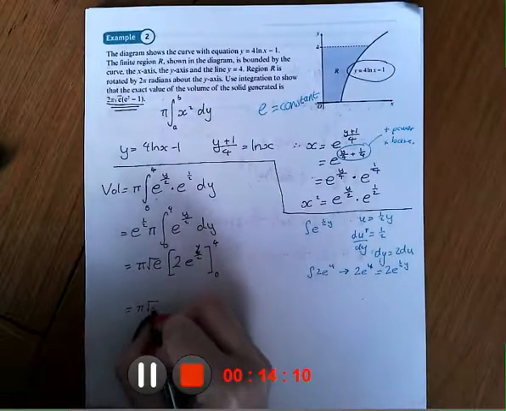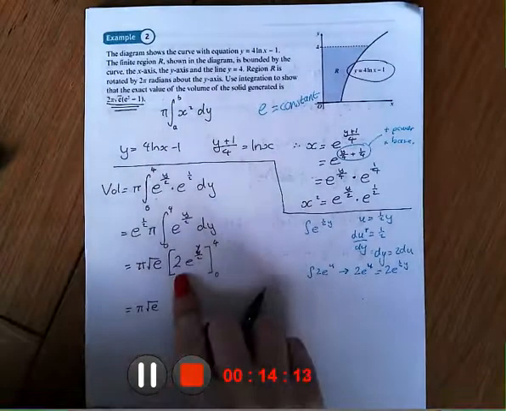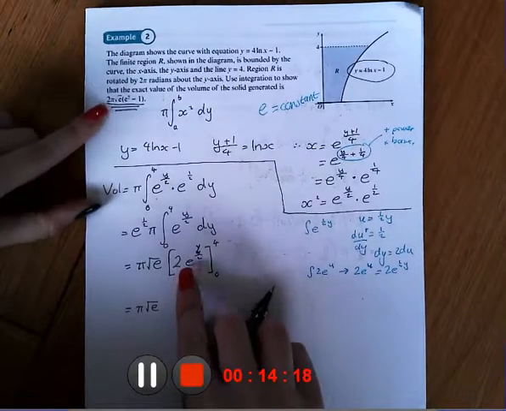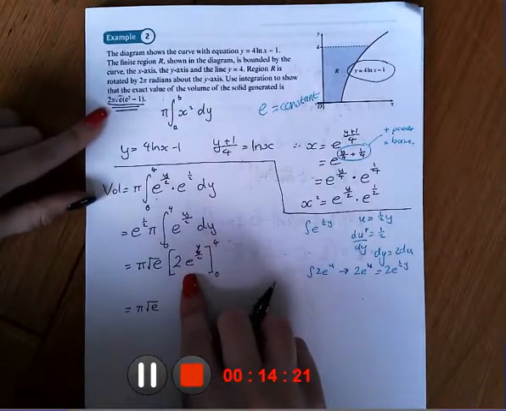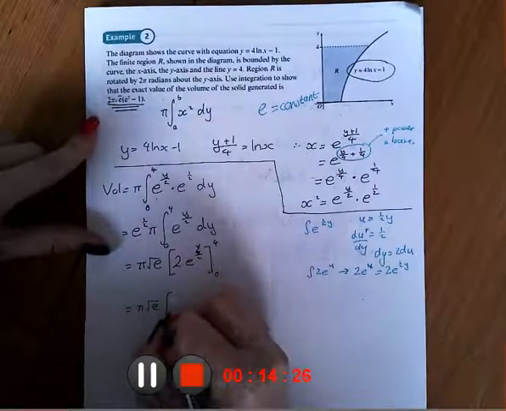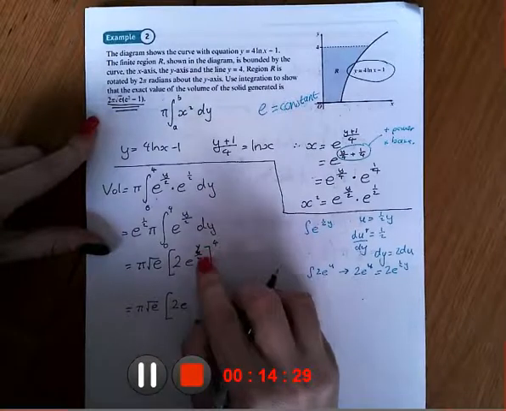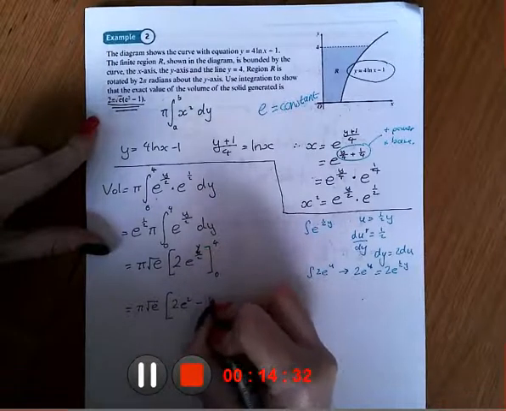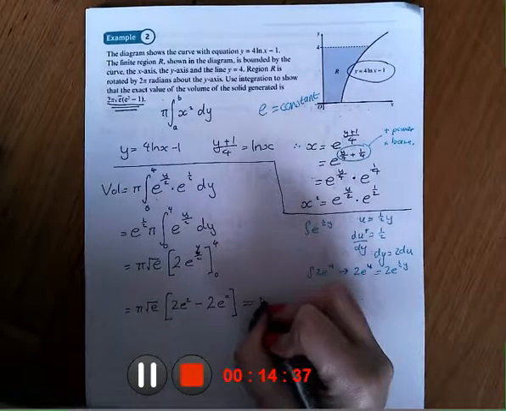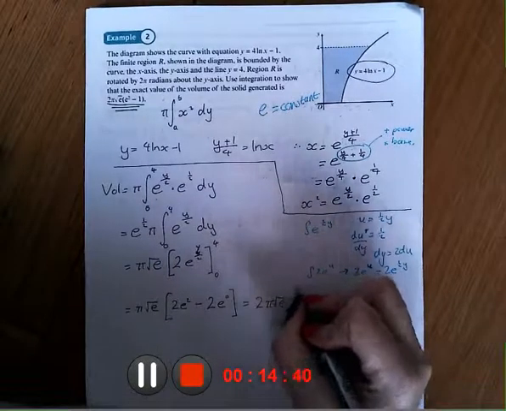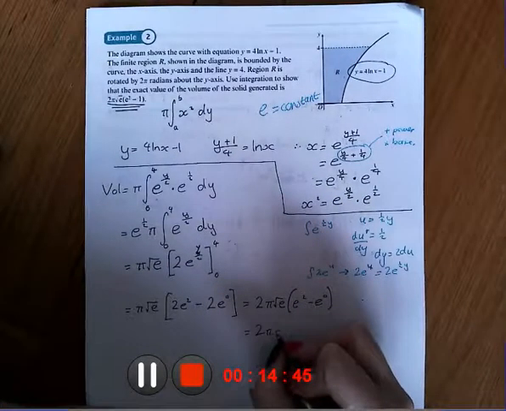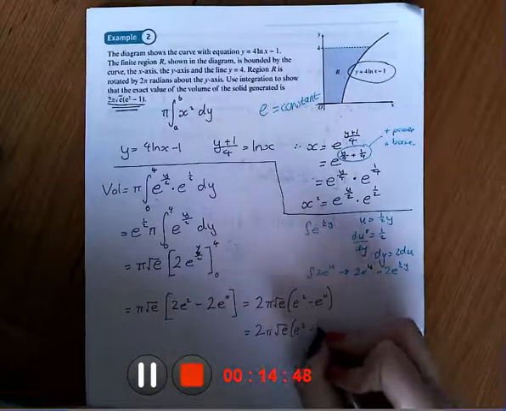So pi times by root e. Now I could take the 2 out here because I know I need to take it out at the end, but actually we don't tend to take a constant out at this stage, so I'm not going to do it because it wouldn't be a natural reaction, but we can see that we need to do it later. So times by 2e, 4 over 2 is 2, subtract 2e to the power of 0. So that is equal to 2 pi root e times by e squared minus e to the power of 0, which is 2 pi root e times by e squared minus 1